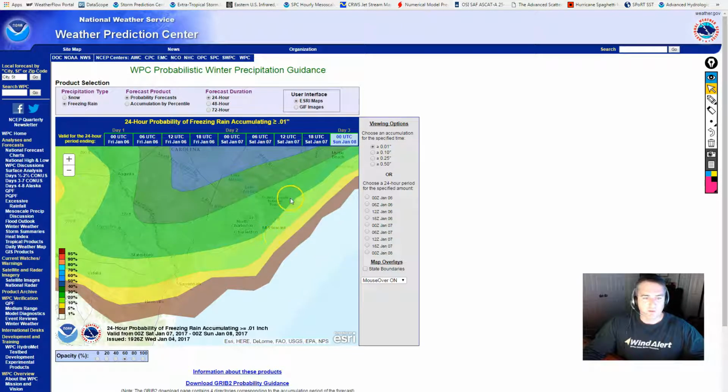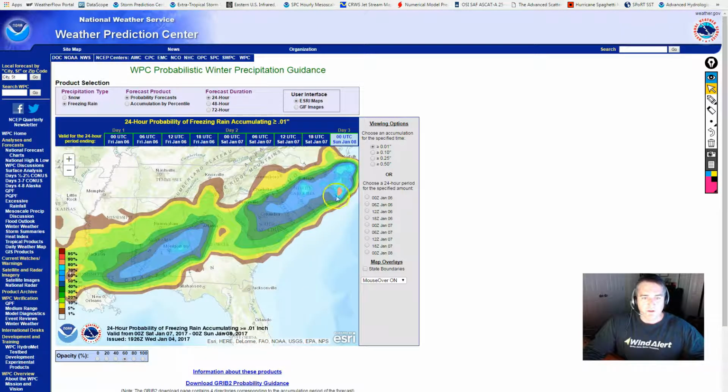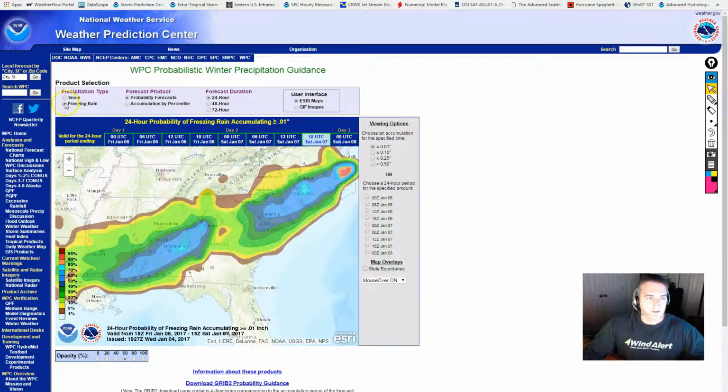This was a little bit higher earlier, but you can see how close that line is and where the percentages start to go up to see any kind of wintry weather whatsoever. You can see up here in northeast North Carolina that the freezing precipitation accumulation grows. In fact, if we look there at the snow amounts,